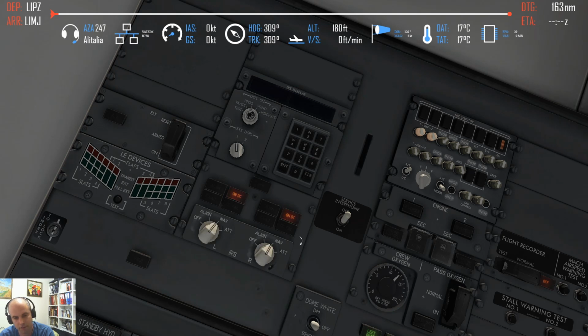Okay, NAV. And the display to exactly. I set the IRS alignment time to short, so it should be just 1 minute until we align. So both of them are set to